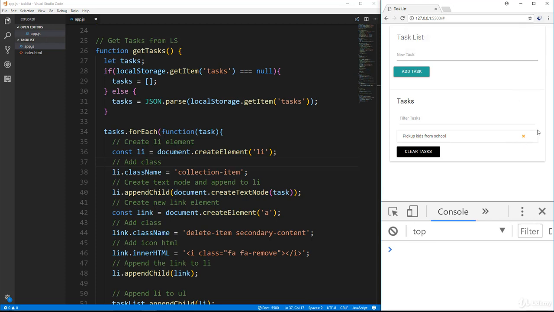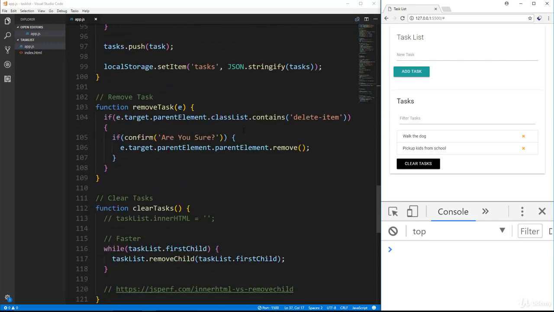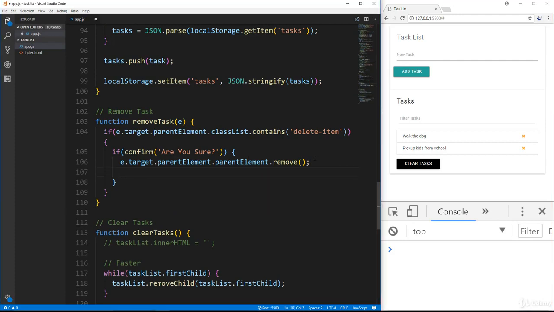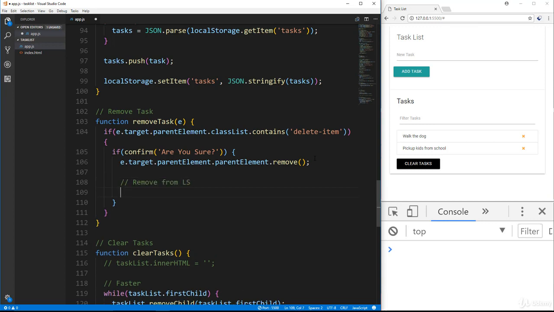If I delete, it goes away in the UI, but if I reload, it's still there because we didn't actually delete it from local storage. So let's go down to remove tasks, or remove task, and we want to go right here after we remove it from the DOM and say remove from ls. So we'll say remove task from